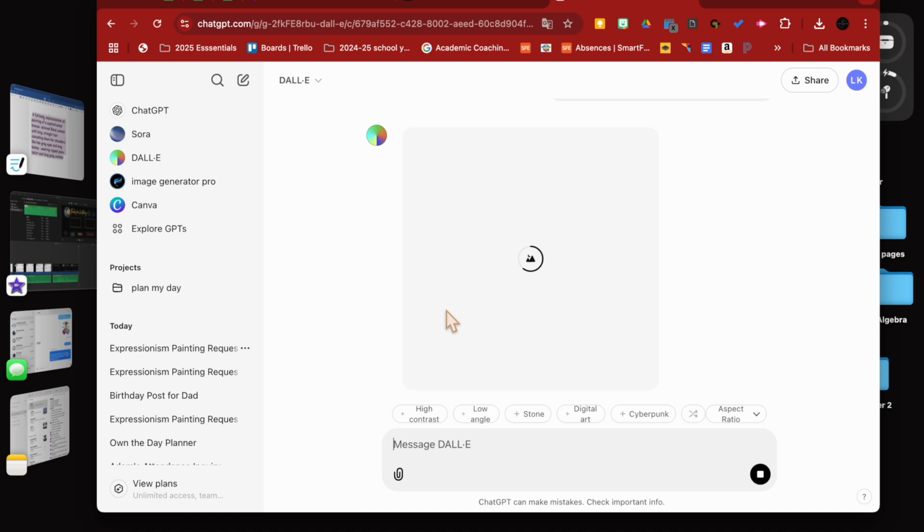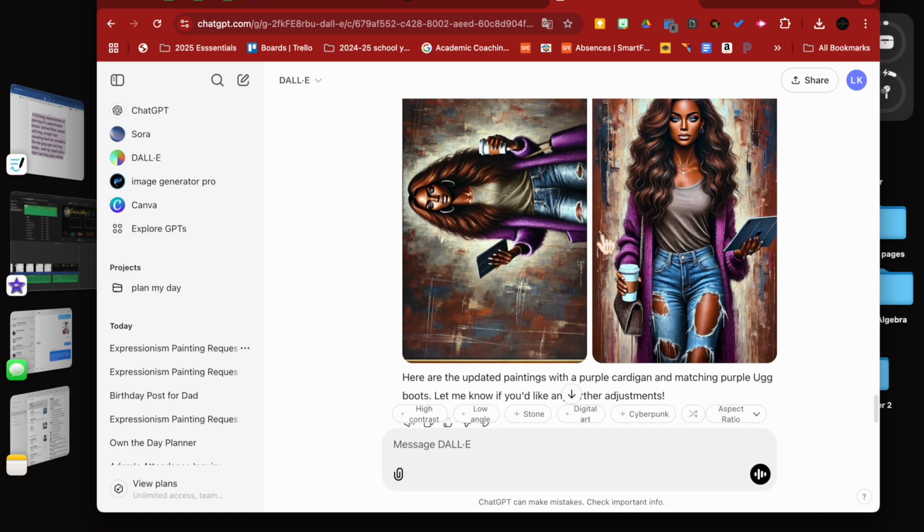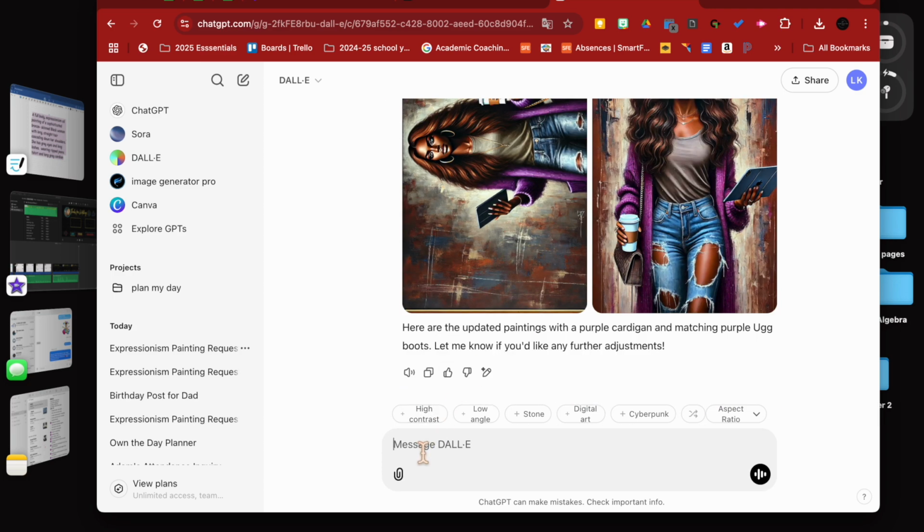Okay. Now, if you want to change her hair, you can also start saying change hair to curls or locks or anything of that nature. Okay, we got the purple on. I don't see no boots. Okay, so try again